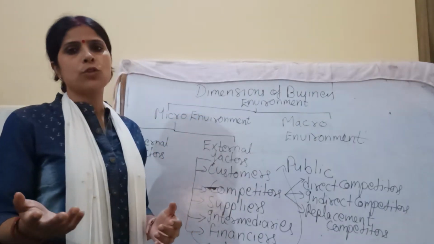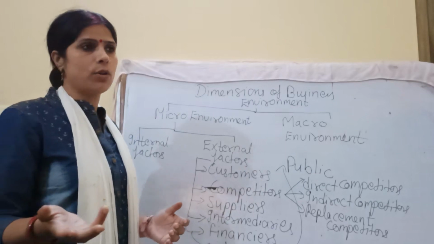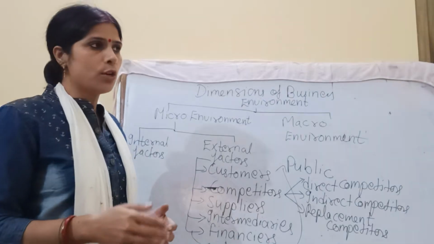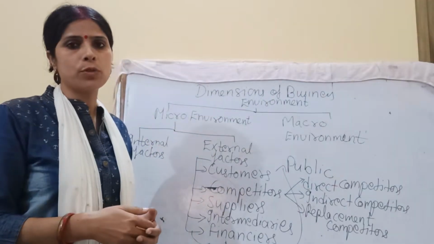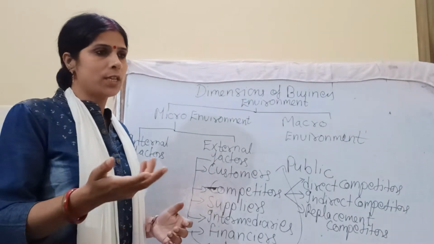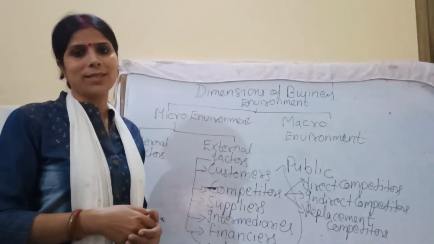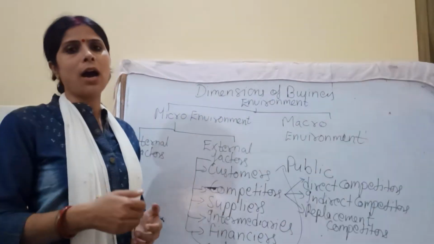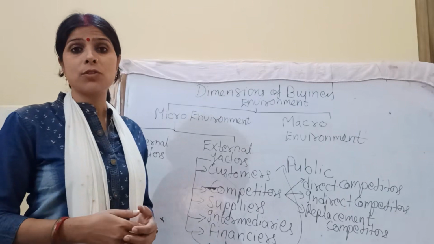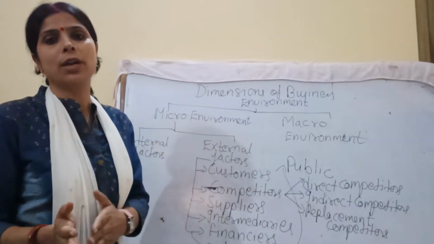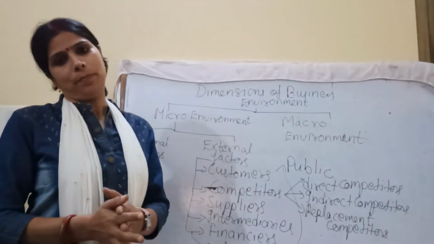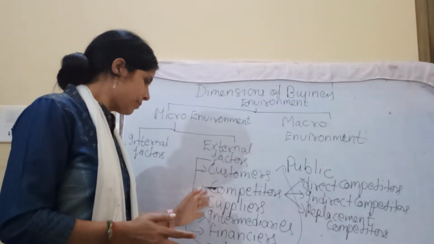In Maharashtra, you will see so many textile industries, because cotton is produced there. Cotton is the raw material for these textile industries, so the area is there for producing cotton. Cotton can be easily available in those areas. That is why we can see so many textile industries in those areas. Here in our state UP, you will find so many sugar industries. Why are we having so many sugar industries? Because here we can easily get sugar cane, because sugar cane is a raw material for the sugar industries. So this can be the example of suppliers.